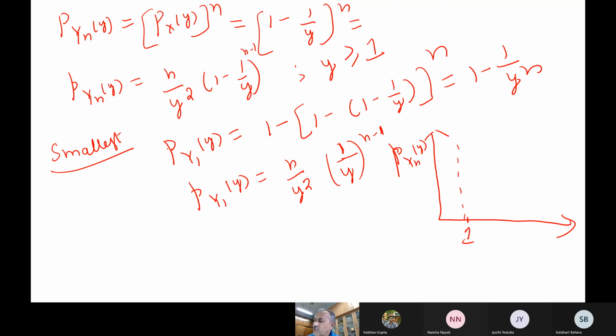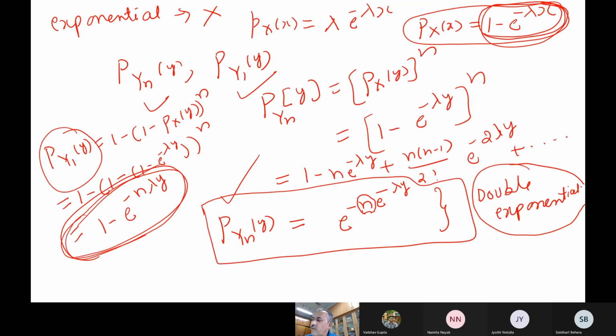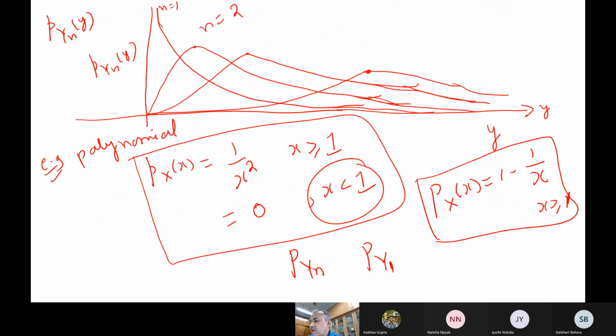Okay, so when the sample size is 1, so when n is equal to 1, say, what happens when there is only one sample? So when n is equal to 1, what happens in this expression? Not only here, the previous case also, exponential case or whatever you have, when n is 1, there is only one sample, what happens to the extreme value? The extreme value distribution collapses to the data. It will be same as the original data density itself.